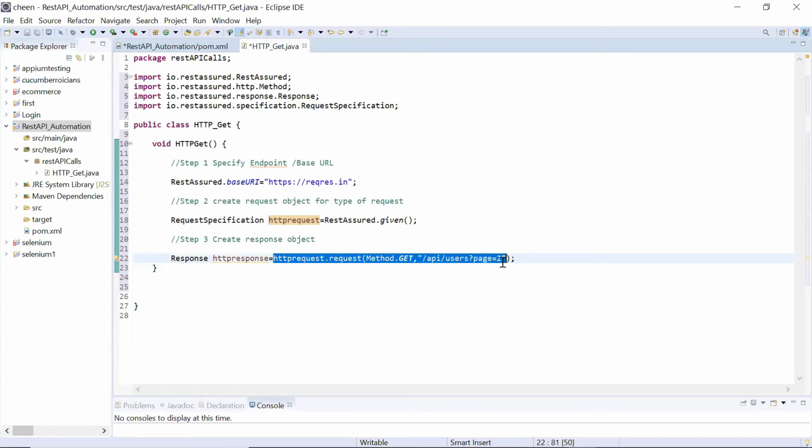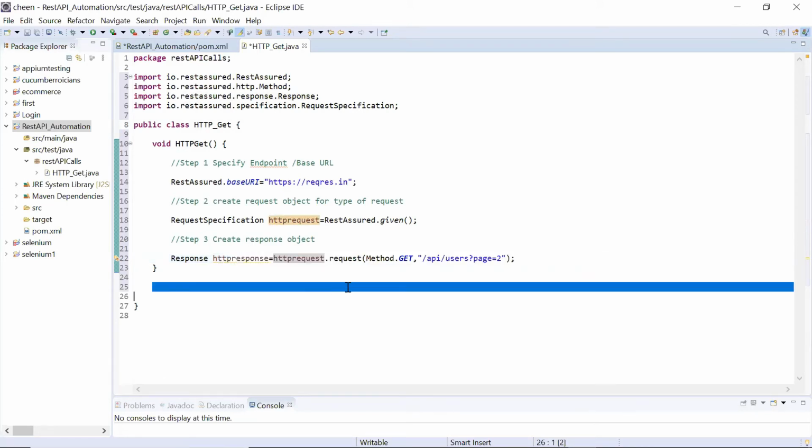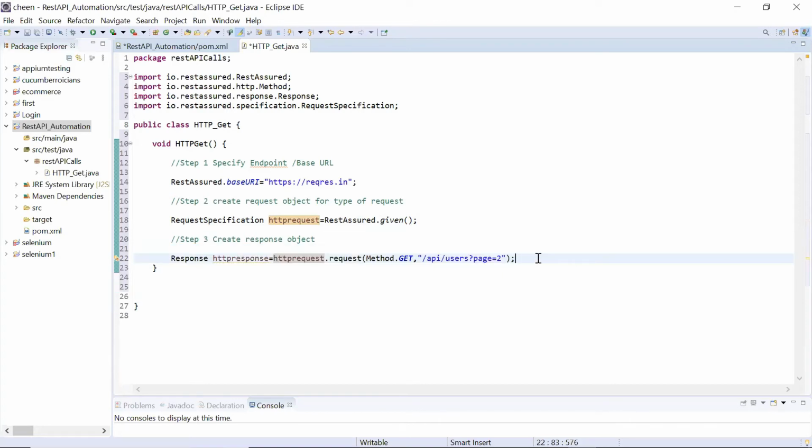On this page, when the API will hit, the response will come, and you will be storing this response in this particular variable. But guys, this response can be in any format, in JSON format or in XML format. As you can understand, the body can be in any format. But I want to make it readable, because if you want to use it in your REST API automation, you need to make it readable.